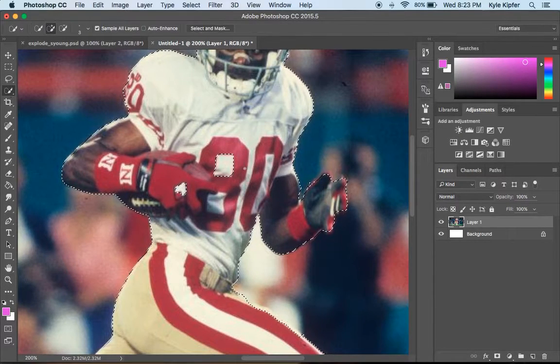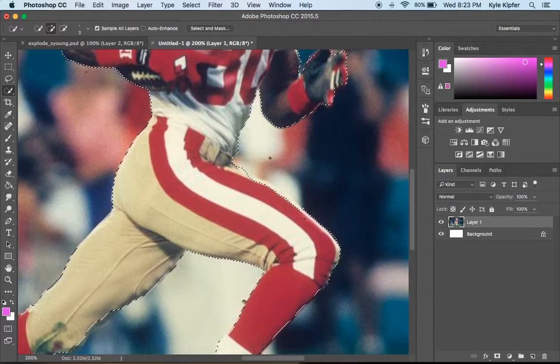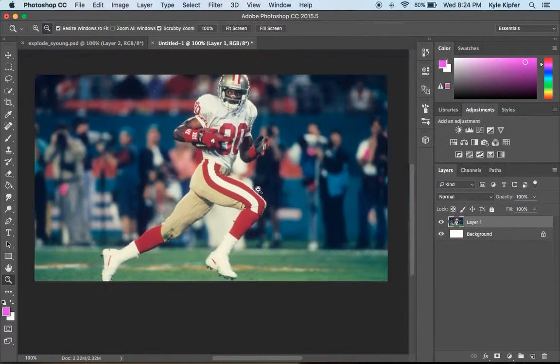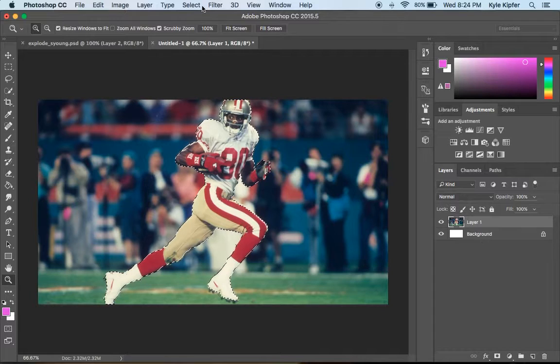It separated that middle section of the 8. Oh, and this one in the glove. Okay, so now I believe that my dotted line goes all the way around. Awesome. So now what we're going to do is go ahead and copy